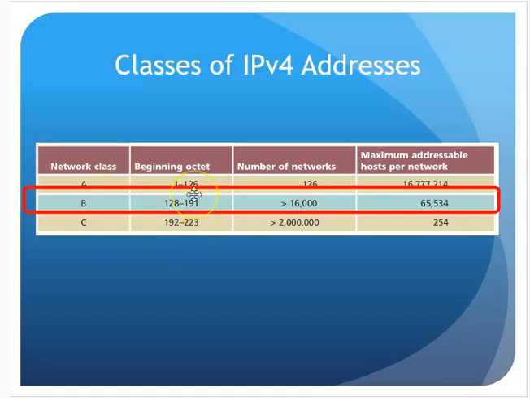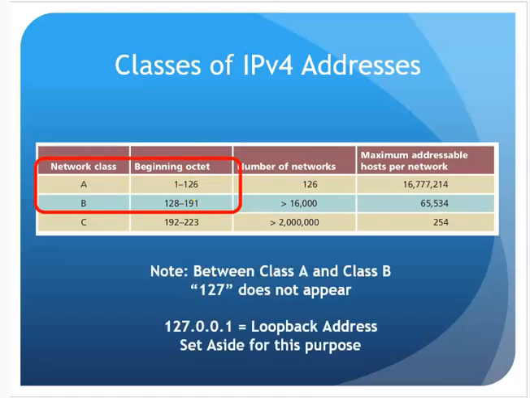Now, if you're observant, you probably have noticed that there's a number missing here. 1 to 126 for Class A, 128 to 191. There's the number 127 missing in there. That is set aside on purpose for loopback purposes. The loopback address was set aside for testing,